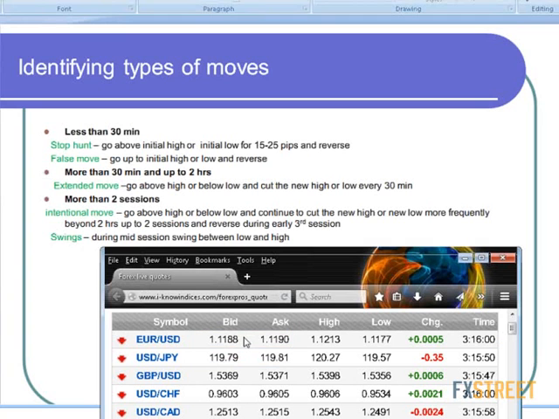Intentional move is a slow move, like what you come across now, which is a slow move. It doesn't mean that the market does not have strength. They purposely test the patience of the traders and induce them to commit positions. And so when the traders look at the charts and find that the market is sideways and consolidating,